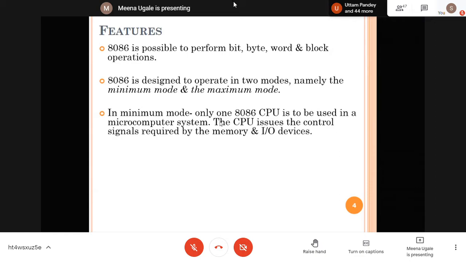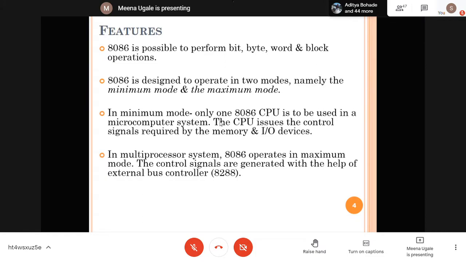So in that case, all the control signals need to be issued by the 8086 microprocessor only. So which are the control signals needed here? Whether you are working with reading or writing operation, whether you are accessing IO devices or memory, whether any kind of interrupt is generated over there, and based on that your various signals are needed there.